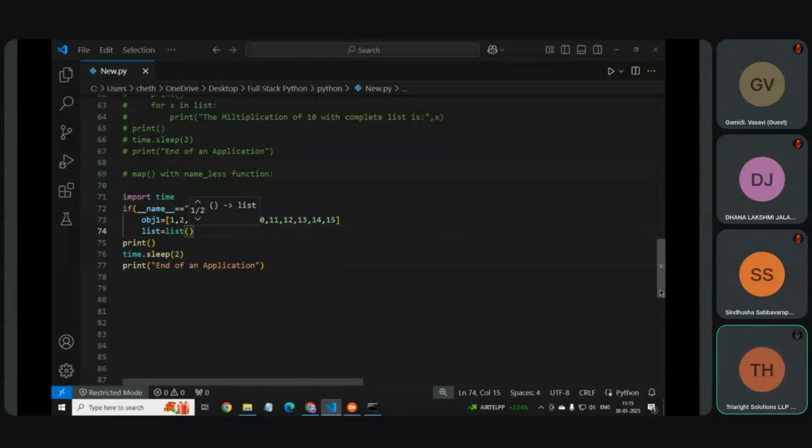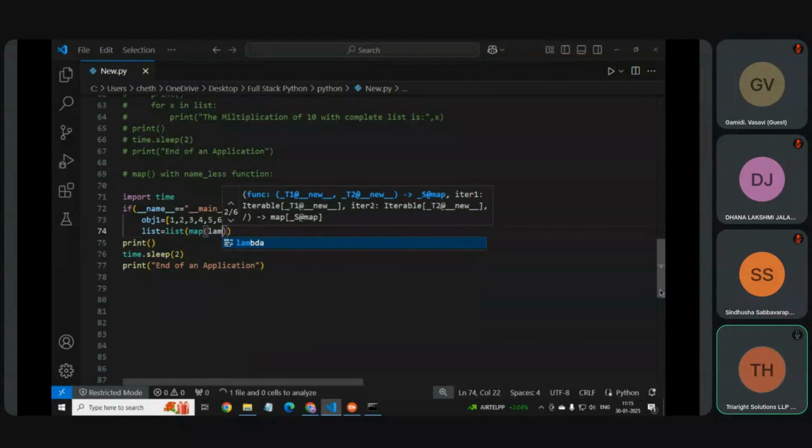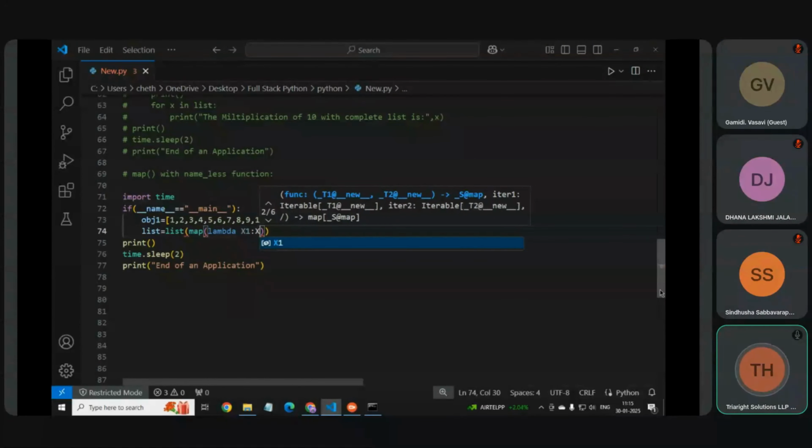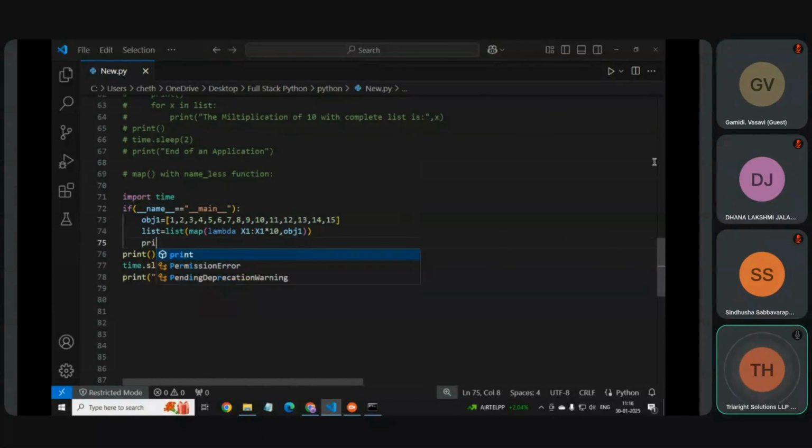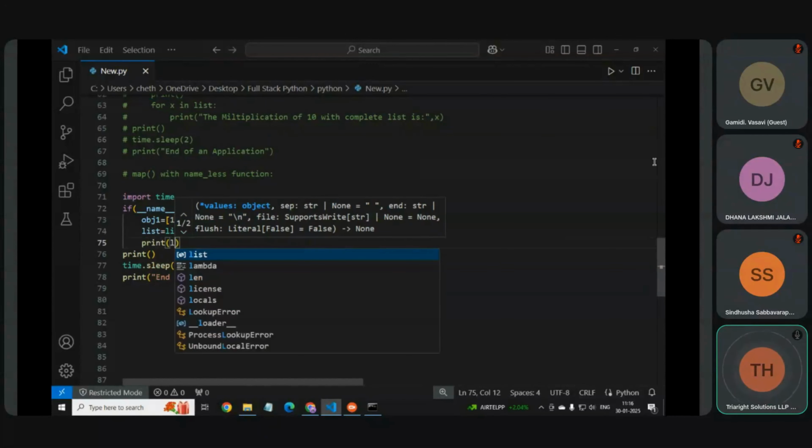Then here we write map, and after map we write lambda function, and here we write x1, then x1 into 10, same process we do here also, and here we write object 1. Okay, so like that we have to write, and then we print the list